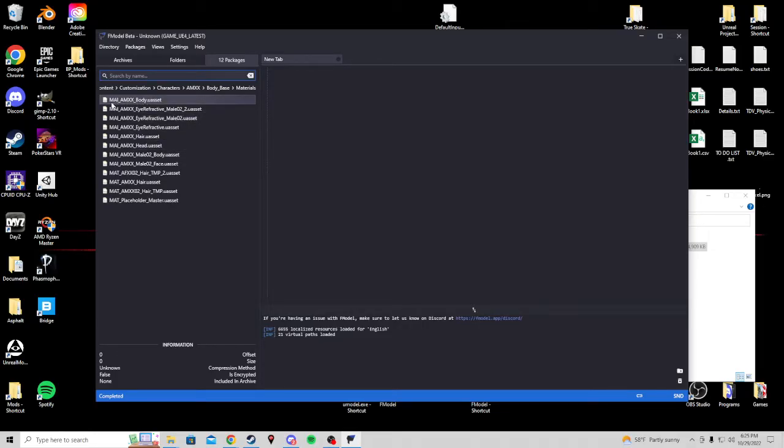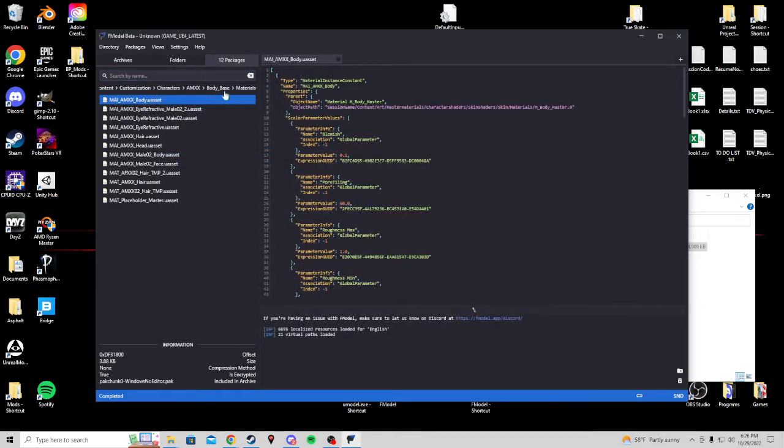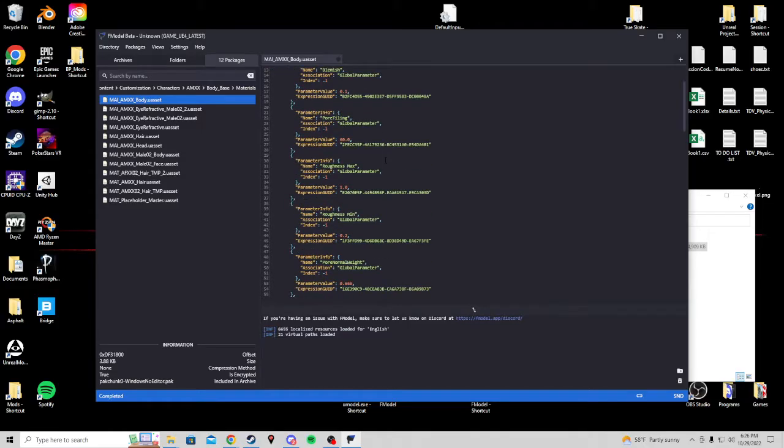MAI stands for material instance. MAT is material. So this is a master, and this is an instance of a master. The difference is that with this one, when creating it, you enter in all its values manually, which I will show in a later tutorial. This one is a copy of that and simplified. So with this, you will only be able to change what's already entered into the master. In the instance here, if you double click on it, it will open a tab and tell you details